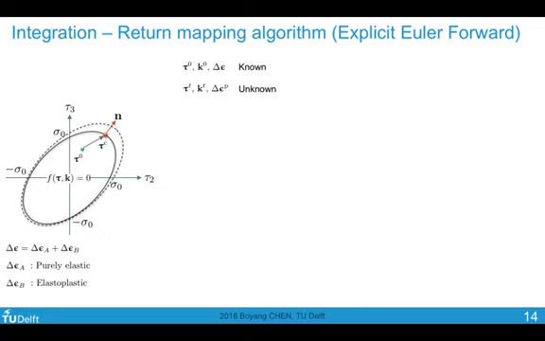For a general increment, delta epsilon, it can be composed of two parts. One is purely elastic, and the part B is elastoplastic. The purely elastic part is basically loading from somewhere within the yield envelope to the edge of it. This state at C can be obtained through extrapolation. All the state variables like stress and hardening parameters at C can be considered as known to us. They are not difficult to obtain.